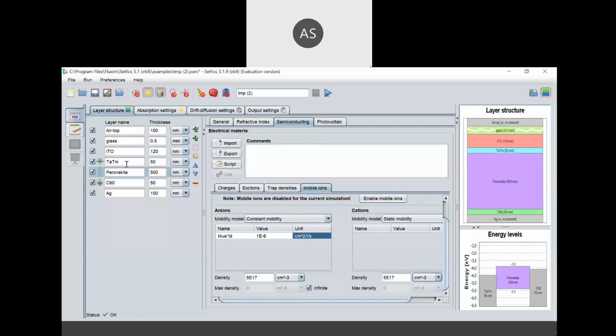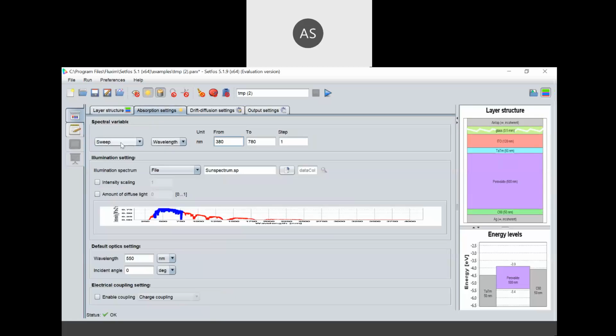Now your solar cell modeling is ready. You only need to define the absorption and diffusion parameters. So you need to go to the absorption settings. Here you can use a single wavelength or you can sweep the wavelength. Whatever wavelength you would like to define, you can simply put the wavelength value and you can perform different step sizes.